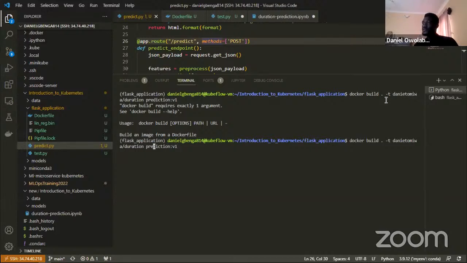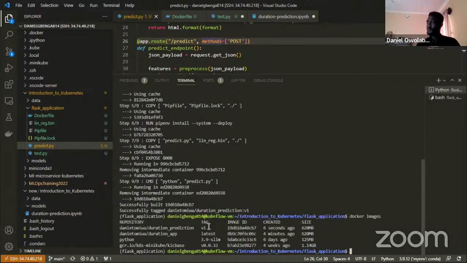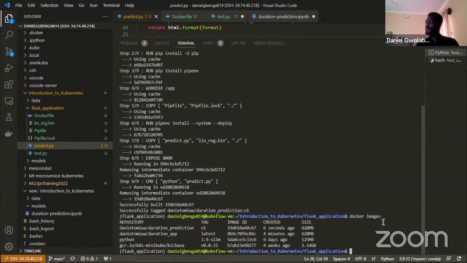Okay. So it's supposed to be the same, not space. So yeah, let me check that I have that image currently on my system. Yeah, Danny Tamiwa version 1, 620 MB. So what I'm going to do is that I am going to run that particular